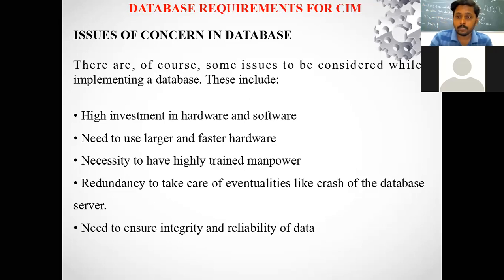Okay, some of the softwares which are used by Tata Motors, I know those software. The total collection of the software is 80 softwares, and the total price is 16 crore rupees. You can imagine the cost of software only. So forget about the hardware. Need to use larger and faster hardware. Larger means the hardware should be of that type which can be modified to the requirement. So larger in the sense it should be having flexibility, and should be faster.